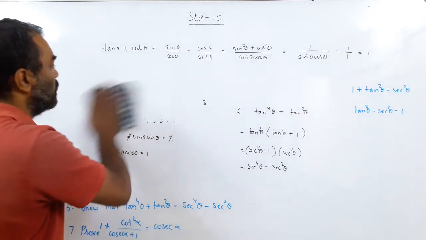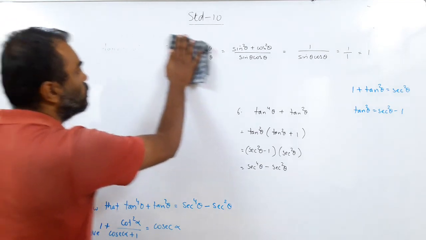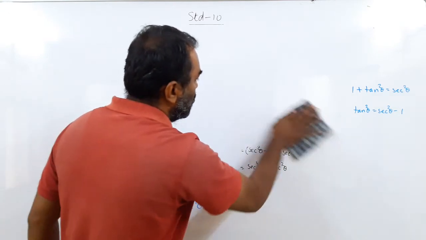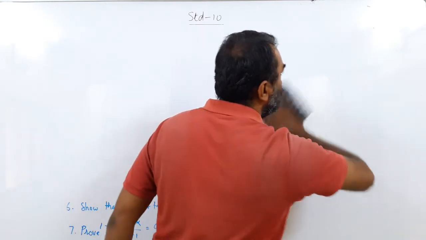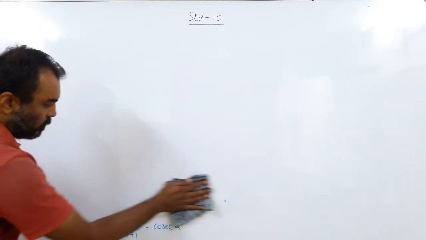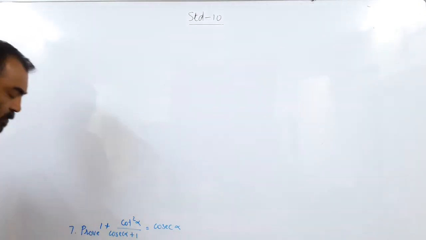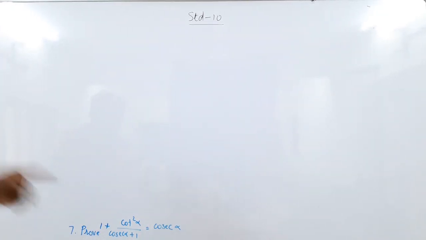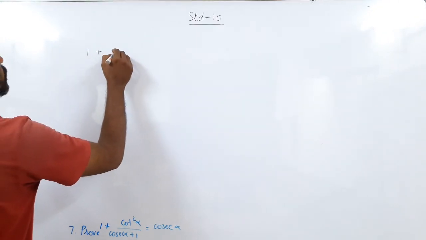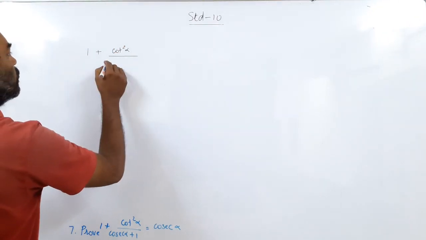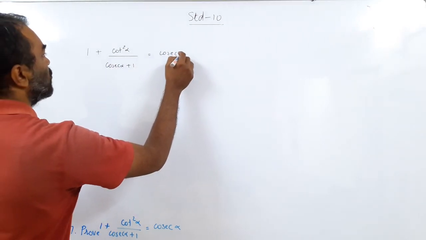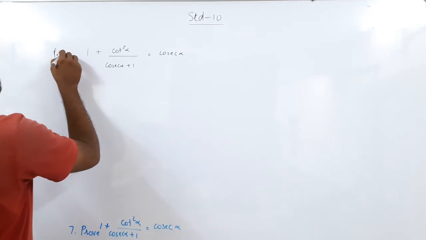So we are done with the sums now, and one last sum to go. Let us apply our logic. So today's lecture was basically using the formula sheet that we have and solving the sums in the easiest of methods. So now one last sum to do. We have got 1 plus cot square alpha into cosec alpha plus 1. We have to prove it is cosec alpha. The sum is a proof.